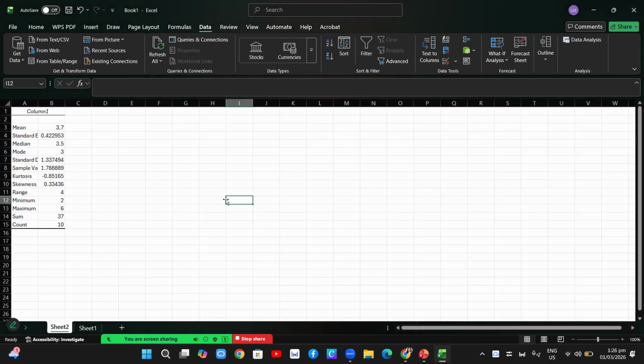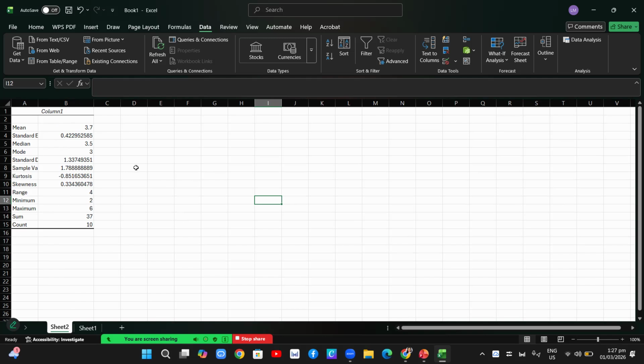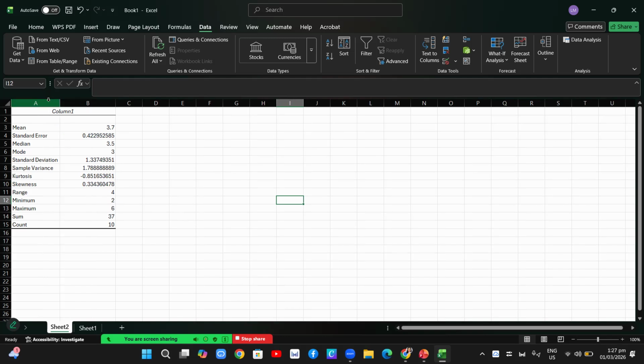So here is your data. As you can see, it's similar to what we had a while ago. The mean is also 3.7. Unlike a while ago, where you entered each formula, here in data analysis, in one to three clicks, you already have the mean, which is 3.7, the standard error, the median, which is 3.5, the mode, which is 3, and the standard deviation. We have the same value, 1.33.